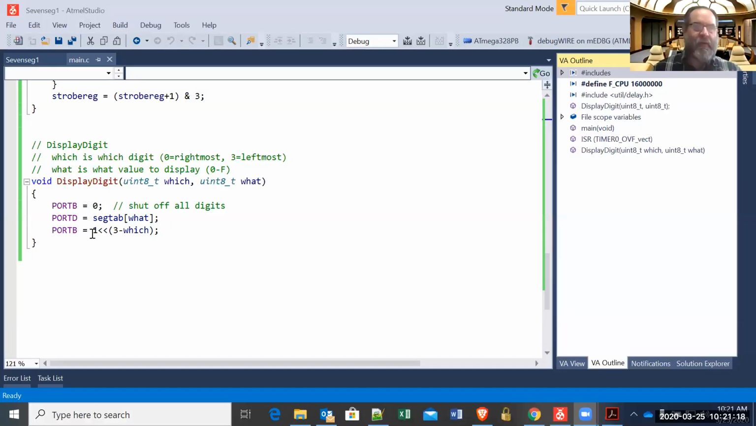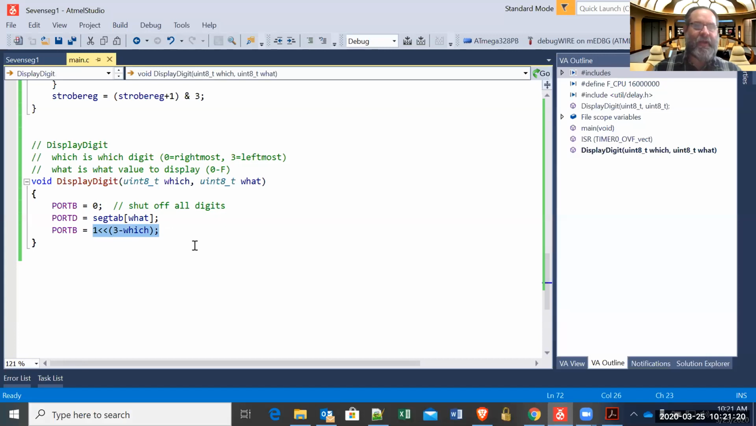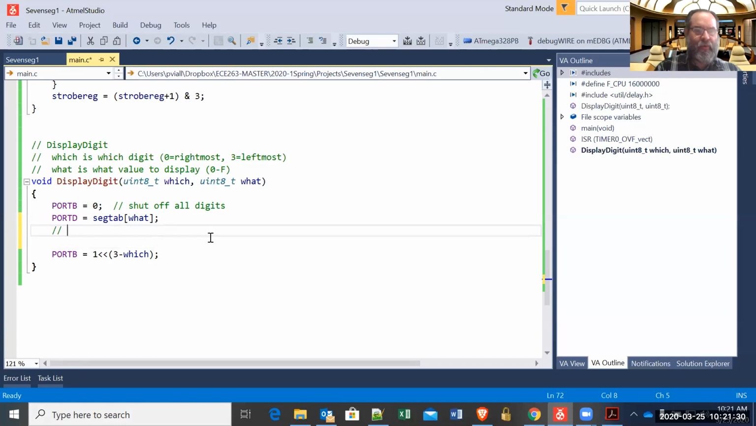Let me share the screen again here. Okay. The question I think is, what did this line right here do? If I put a comment here,